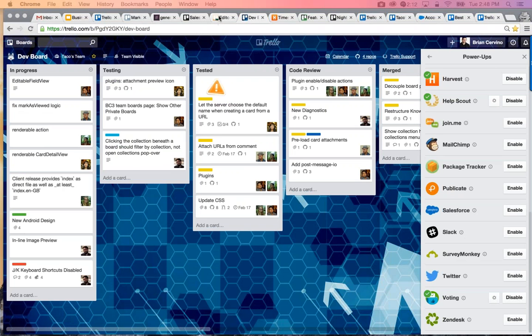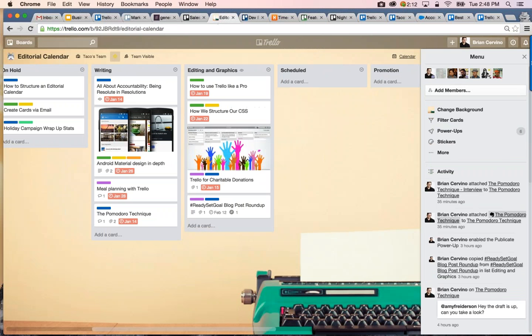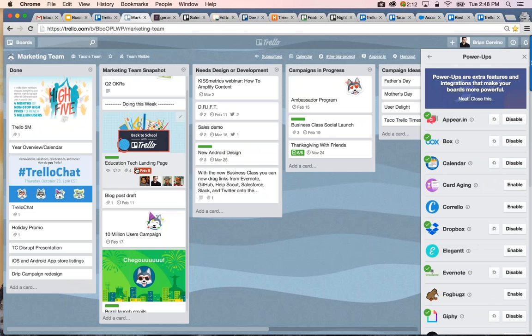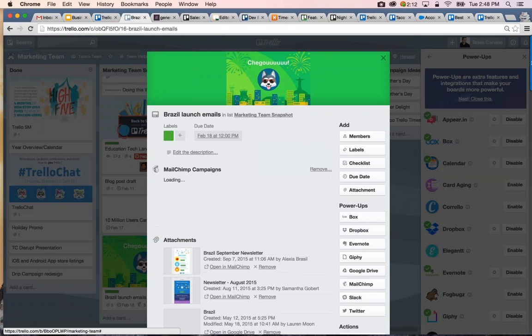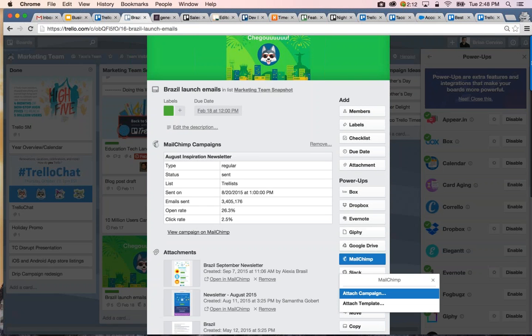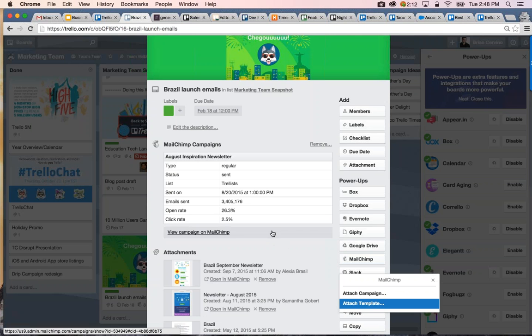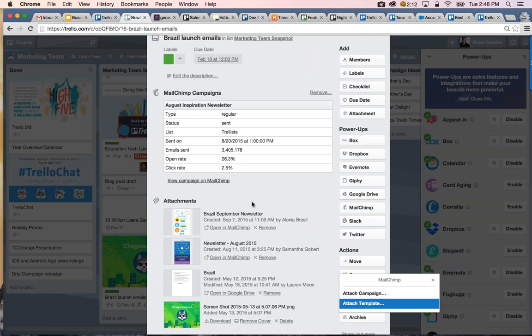Well, let's see, there's a request for the MailChimp power-up. Let me go back to my marketing board. So with the MailChimp power-up, you can attach campaigns and templates right to cards. So this is cool because here's a newsletter that was sent out. I can pull all my campaigns right into a Trello card and at a glance see maybe what's performing best, what didn't perform well. Check out the open rates and clicks, and then maybe I can also attach the templates